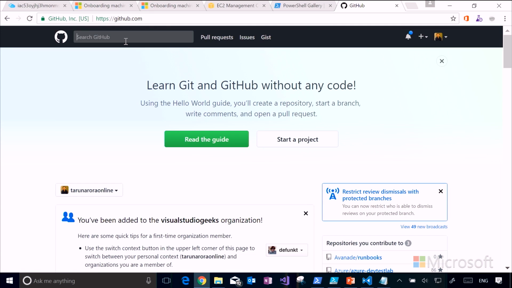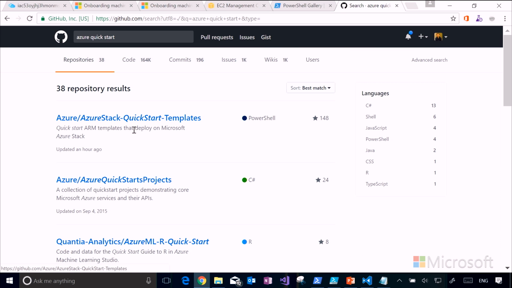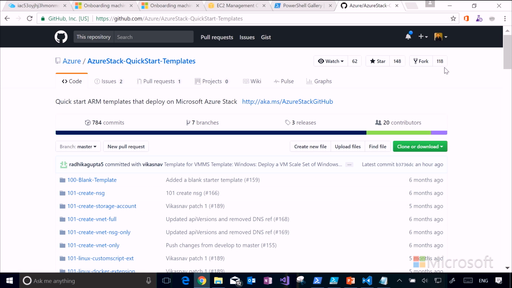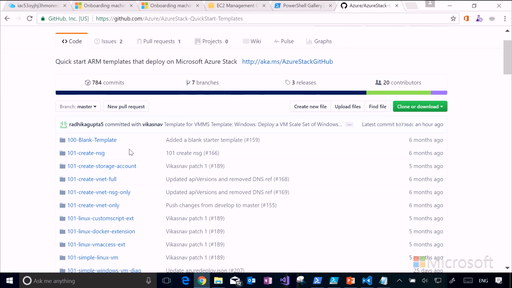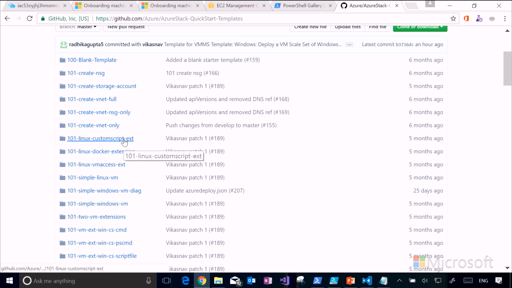So if I take you into GitHub, and within GitHub, if we search for Azure Quick Start, then you would see that the Azure Quick Start templates, which is a repository provided by Microsoft, is quite popular. It's got over 100 forks on it. This has got over 100 resource group templates. For every resource type that's available in Azure, there's a sample template available here. Say, tell me something bleeding edge. Say, I don't know,